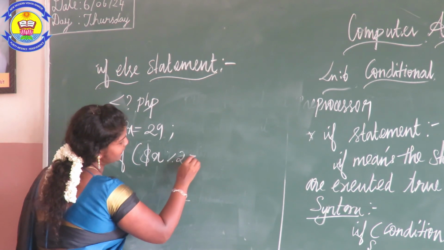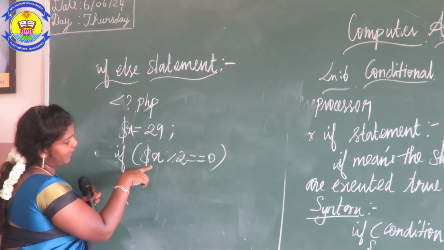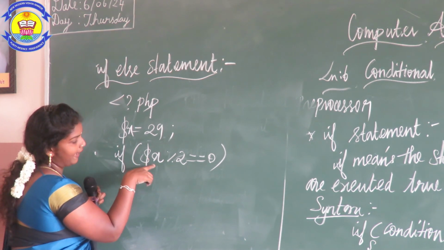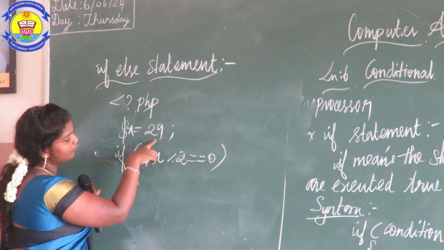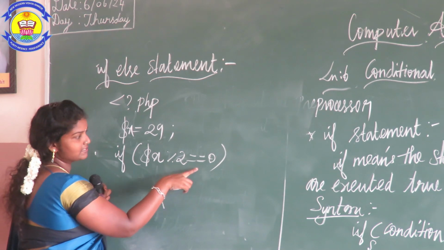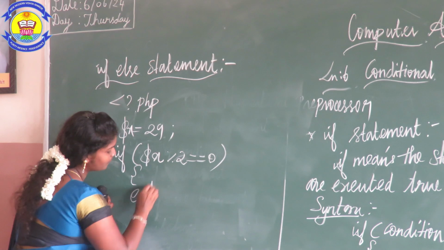Now I'm going to give a condition: if my variable modulus divided by 2 equals 0. My variable is $x. I'm going to divide the x value. What is the x value? 29. So I'm going to divide 29 by 2. If the answer of this division is 0, it will print echo